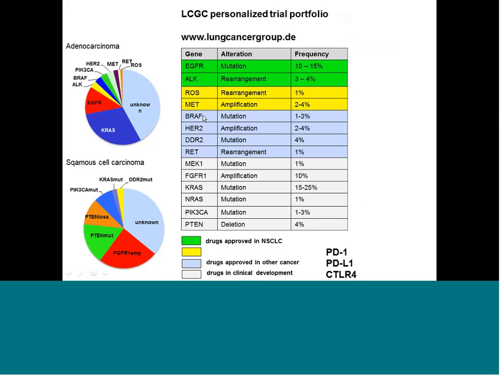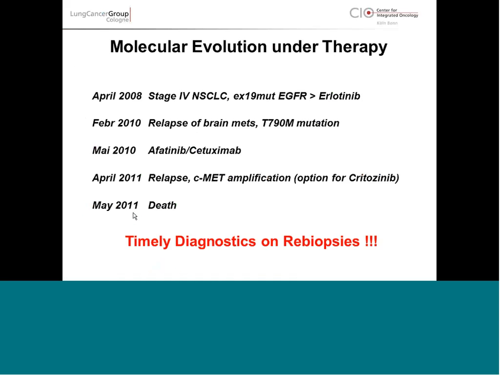And then there are a number of genomic lesions that are in early clinical trials and probably lead to very effective treatments. So this is one dimension, to classify a tumor along the oncogenic driver lesions. And as you can see, this is possible both in adenocarcinomas and in squamous lung cancer. However, under treatment, these tumors evolve, develop resistance, and change their genotype along the treatment.